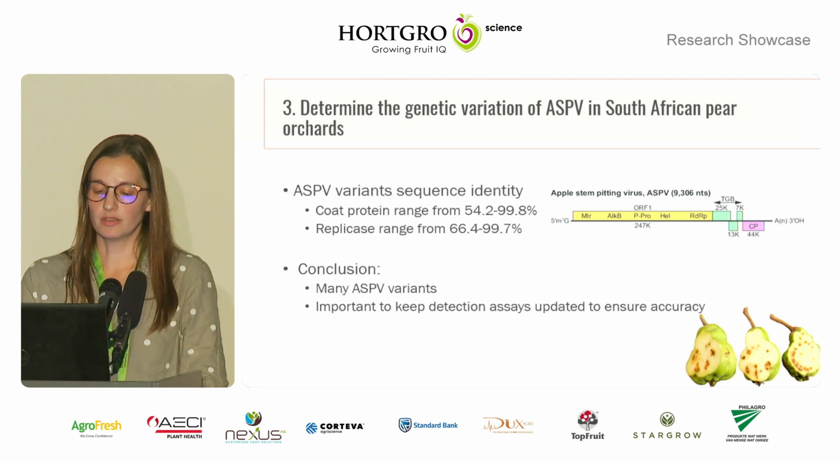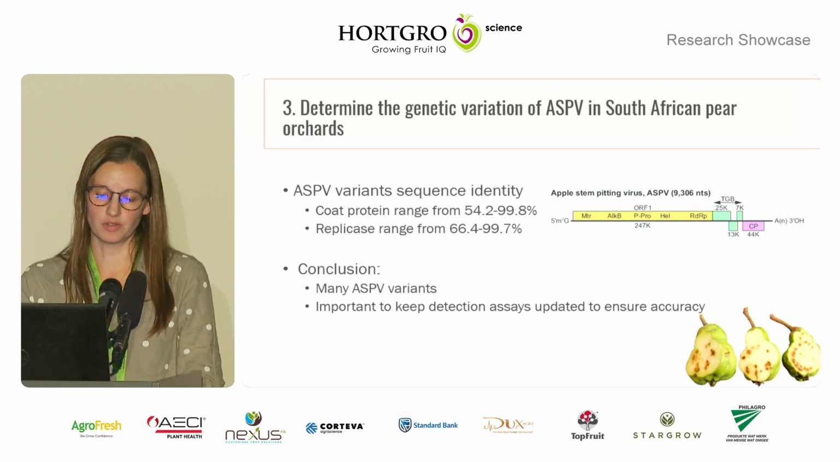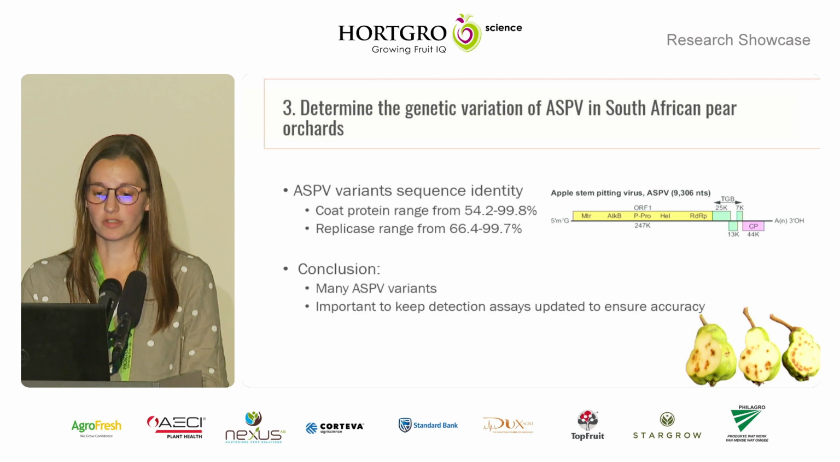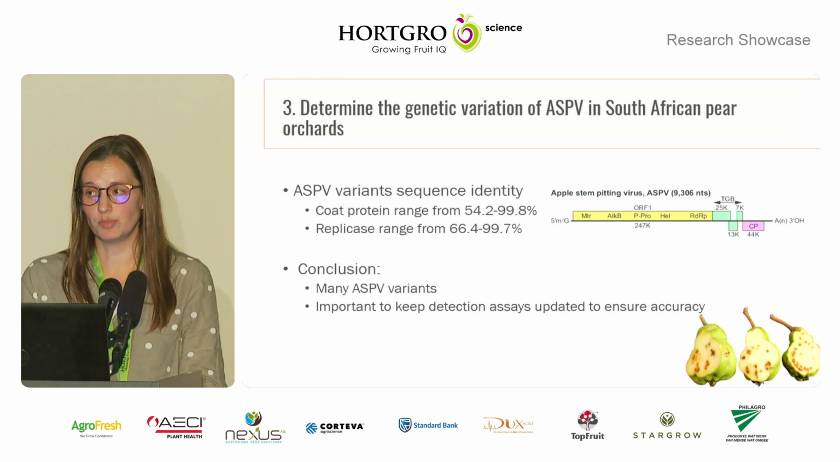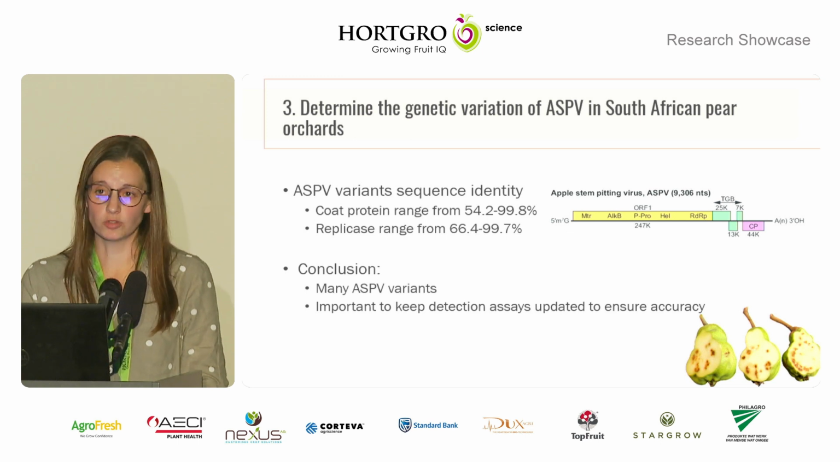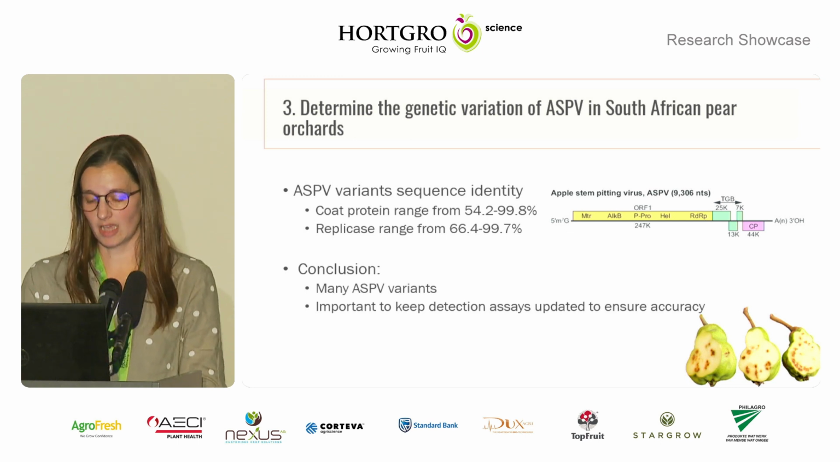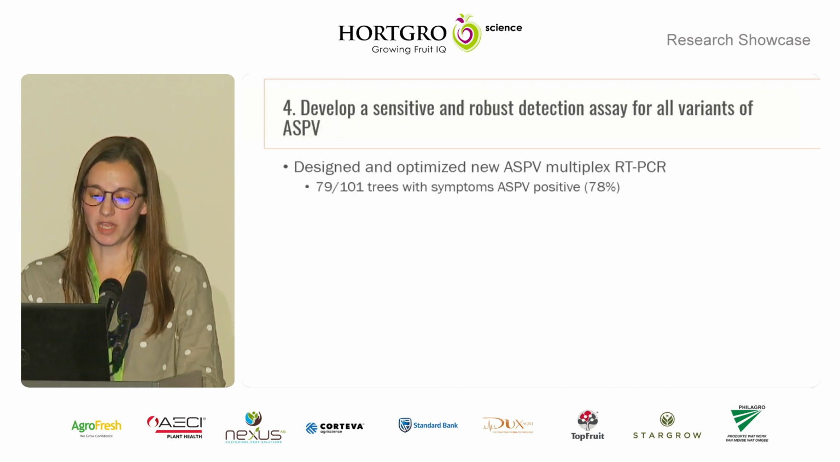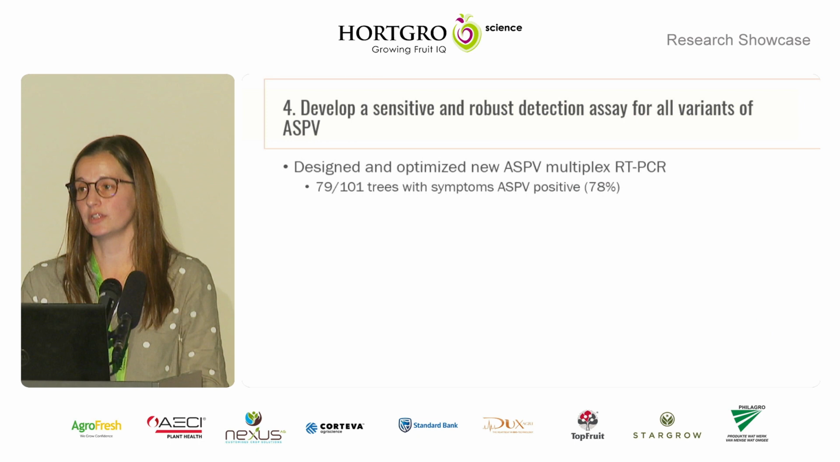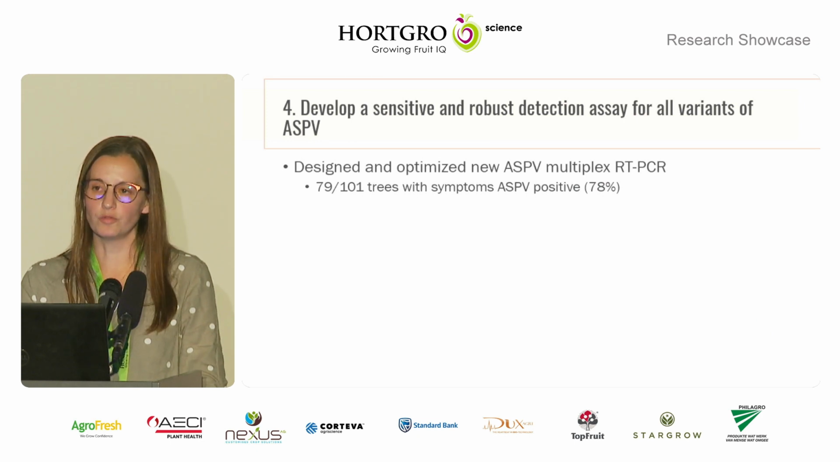Then in the third objective, we looked at the genetic variation of the virus. What we found, by looking at all the sequence information that we had at our disposal, was that this virus had a wide sequence identity range. And we concluded that there are many ASPV variants, and it's therefore important to keep your detection assays up to date to ensure accuracy. In the fourth objective, we developed a sensitive and robust detection assay for all variants of